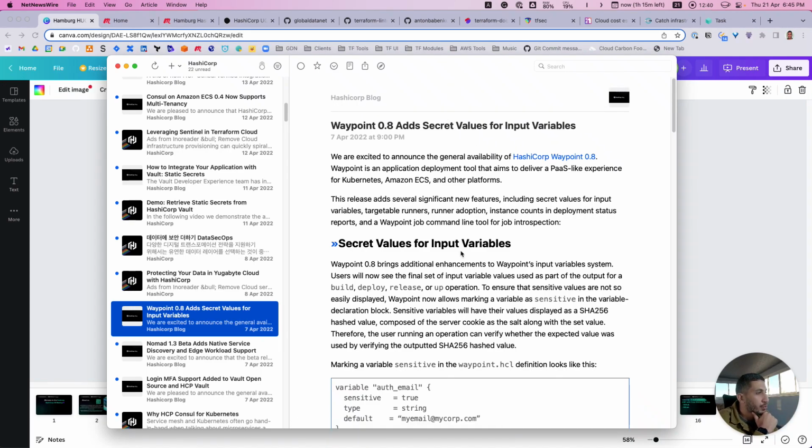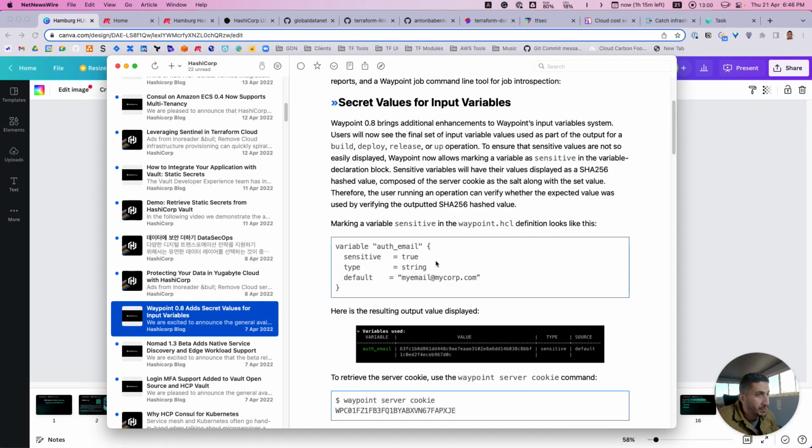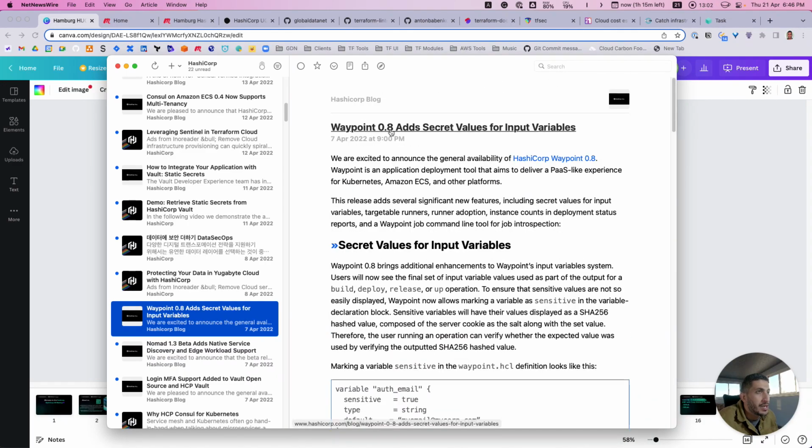So Waypoint encapsulates that CI/CD backend for you, and you can have a unified pipeline across different platforms. If you're interested in that, we can also spend a meetup on Waypoint. We are very interested in Waypoint, but still, as you can see, it's in early versions, 0.8.